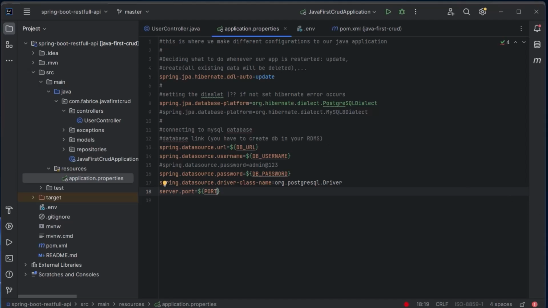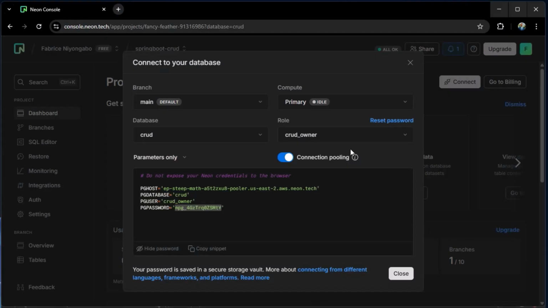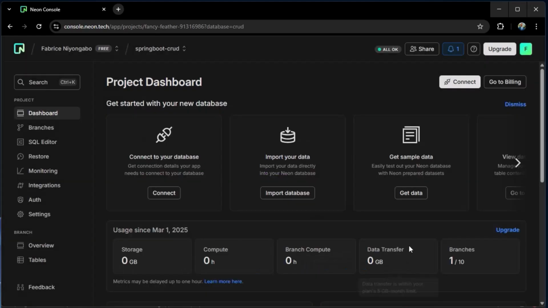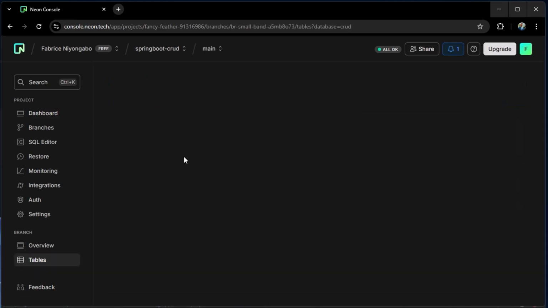And also, if I go back to our database, let me close this one, and here you can see we have tables tab. Let me click on this one and just give it a second to load. You can see our database, we have 0 tables in our public schema.